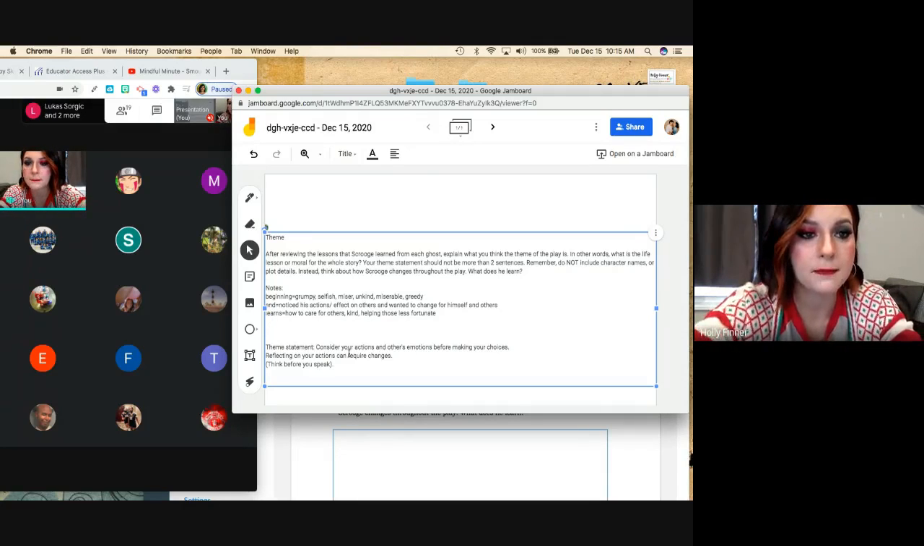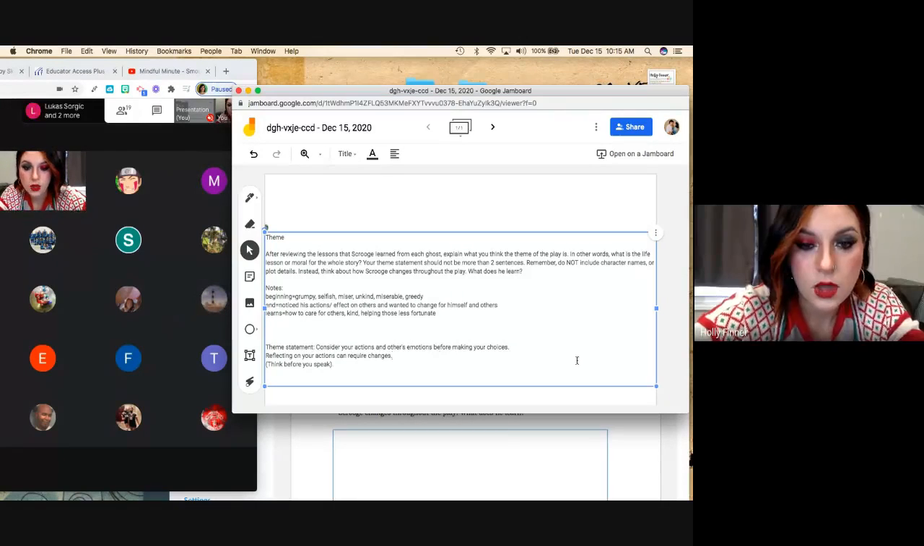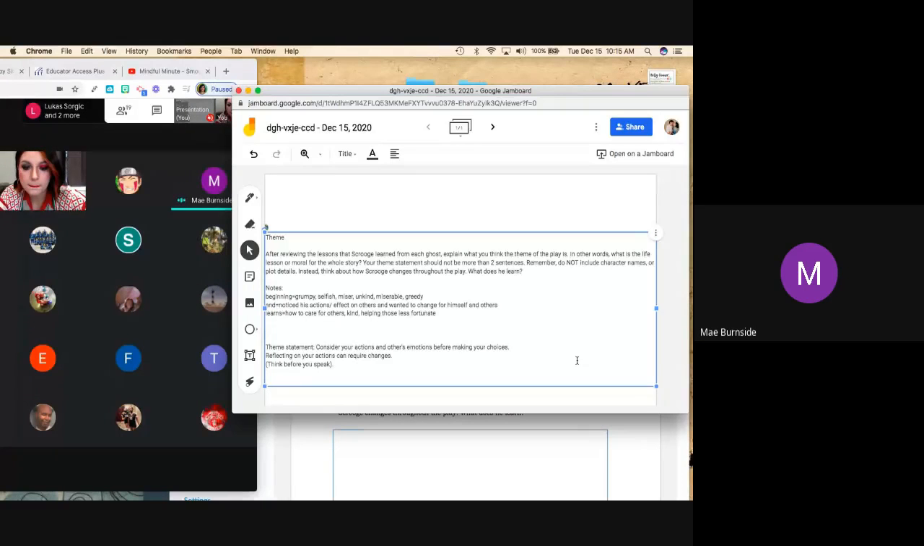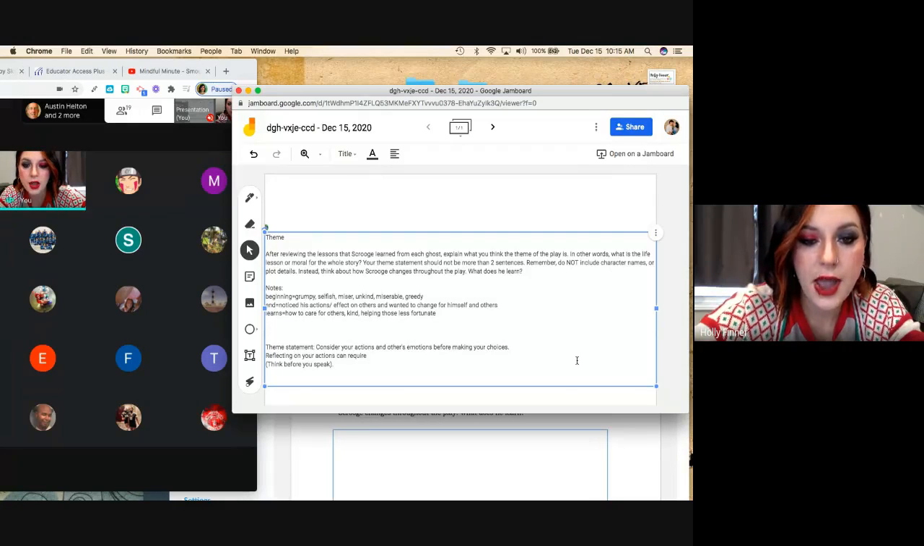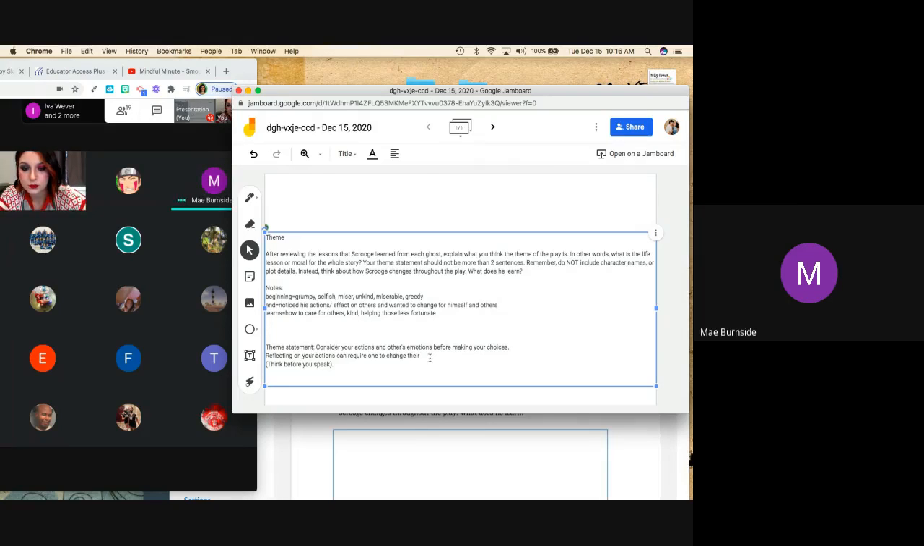What do you guys think about that? Can we reword it, or does that sound okay? What type of changes? Let's be more specific. Self changes. Self emotions, like the way you speak or what you say when you speak. Reflecting on your actions can require one to change their speech. We already said actions once, so I don't want to say it again. So what's another word we could say? Speech or like